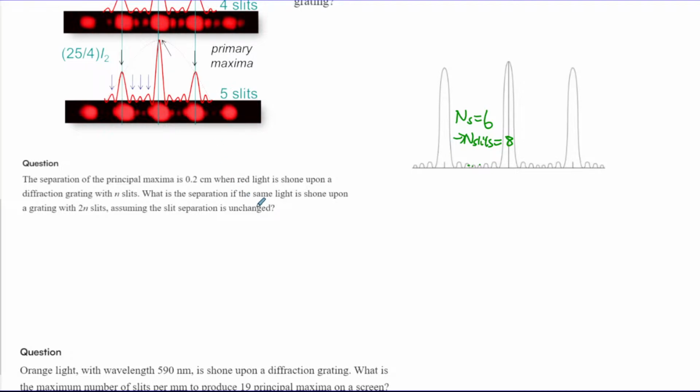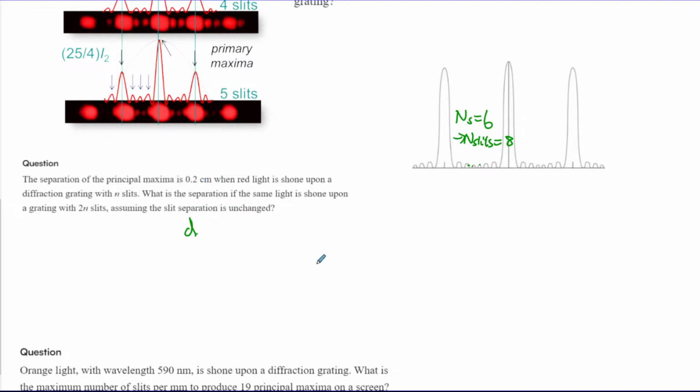And let's see here. What's the separation like with double the number of slits? Okay, but assume the slit separation is unchanged. Separation unchanged means d is unchanged. Right? d is unchanged. Okay. The separation of principal maxima. Okay, yeah. So these principal maxima are 0.2 centimeters apart, which means so